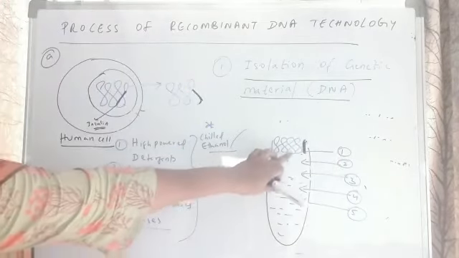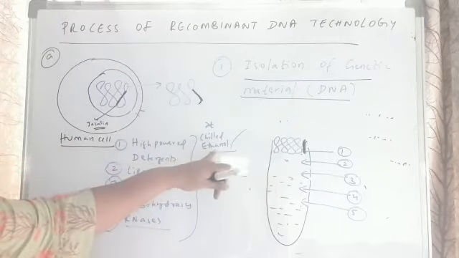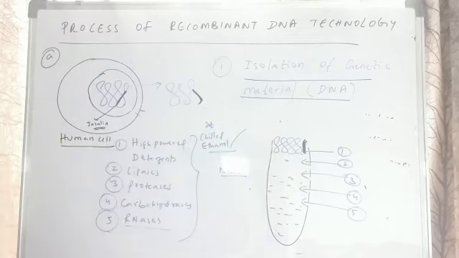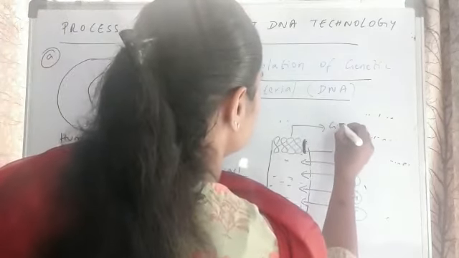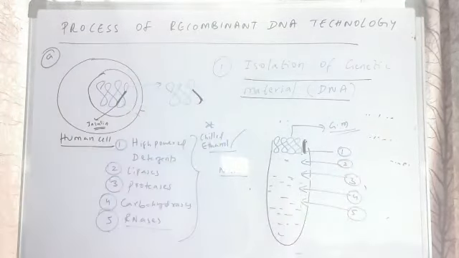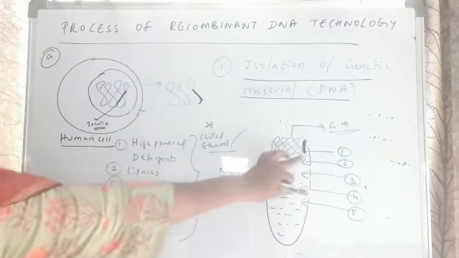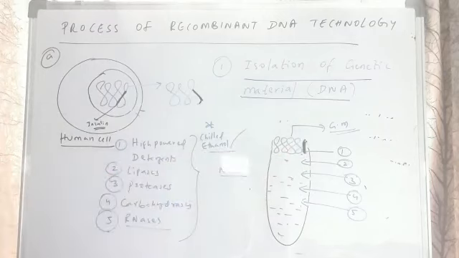Right. Now this whitish material which is precipitated out after adding the chilled ethanol is the DNA. So this is the genetic material which has been isolated. Now this genetic material is floating and precipitating out in the test tube. So what is the next process is,